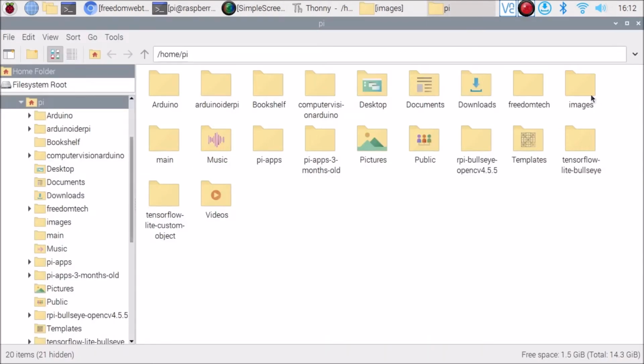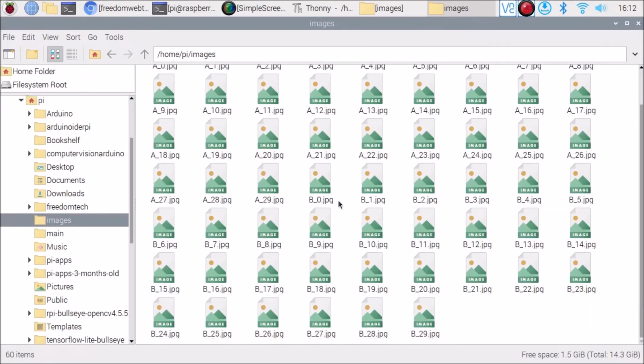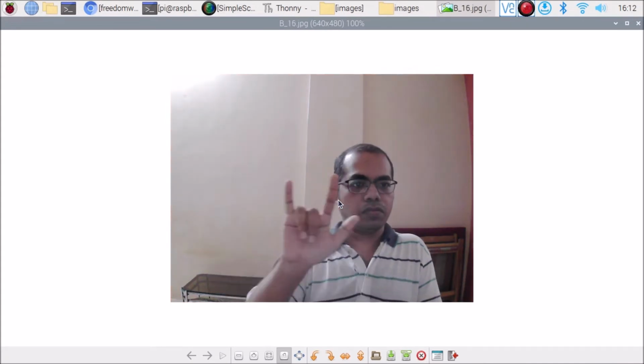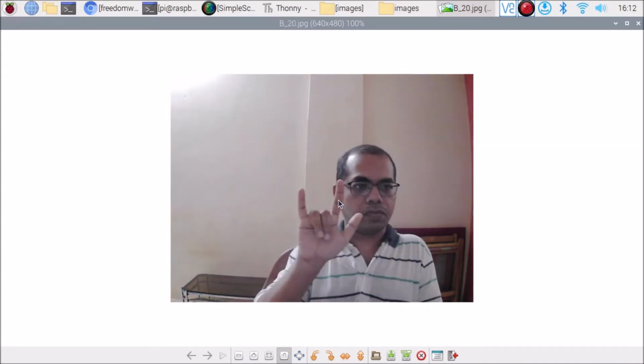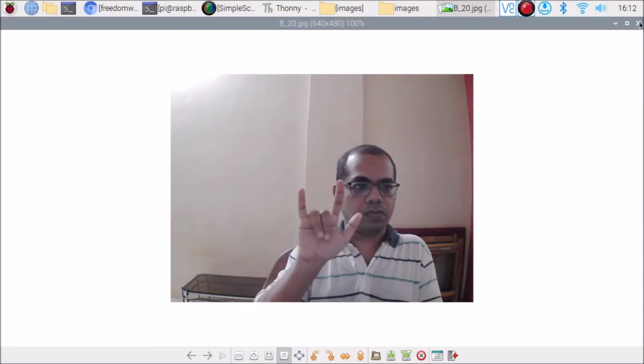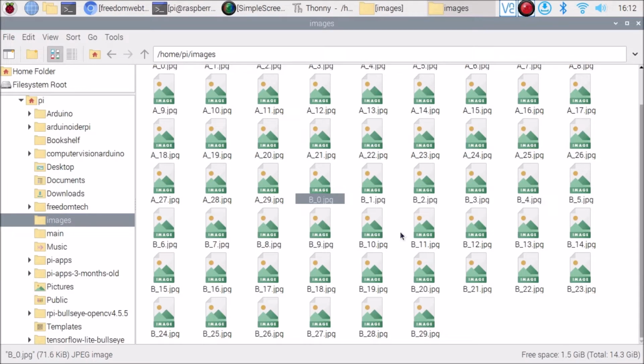So if I open the file manager again, images, and as you can see, the B. Okay, so B, if I open it, this is the I love you sign. Okay, simple. So now in the same way I am going to capture for yes and for thank you. Let me capture the other two images.